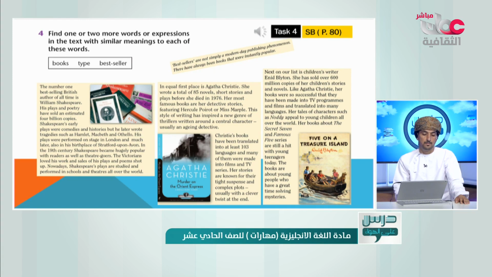Here, you have to find one or two more words or expressions with similar meanings to each of these words. We have three words: books, type, and bestseller. Now you have to read again, but this time scan the text to find words similar to books, type, and bestseller. I think the word books is easy for you to find out, and as a help for you